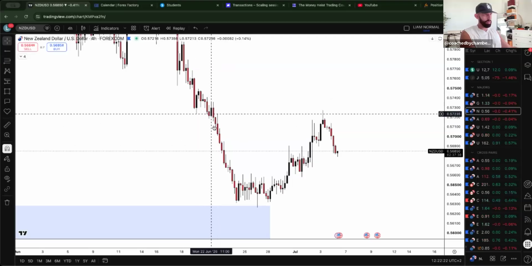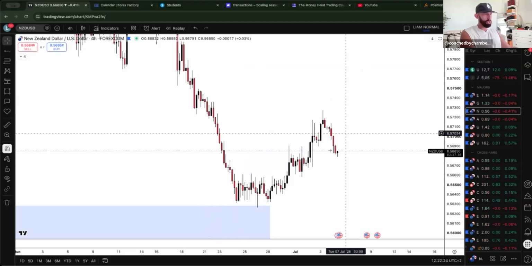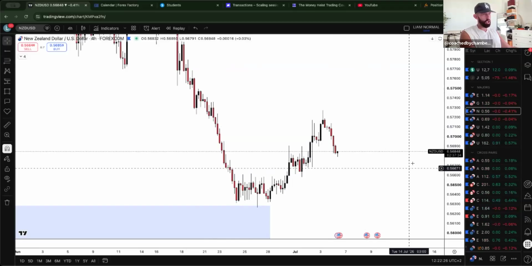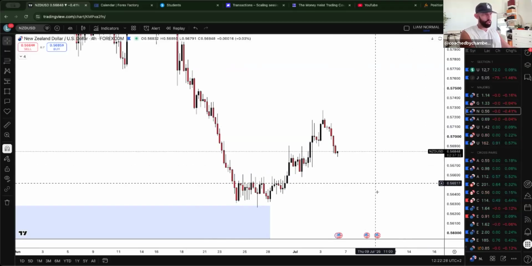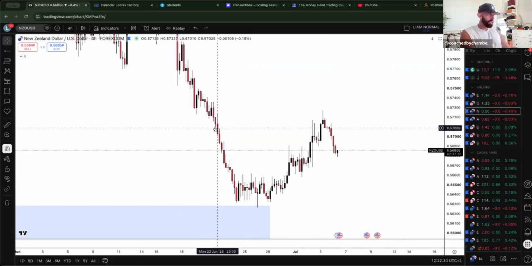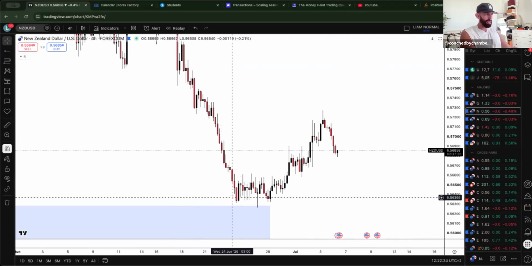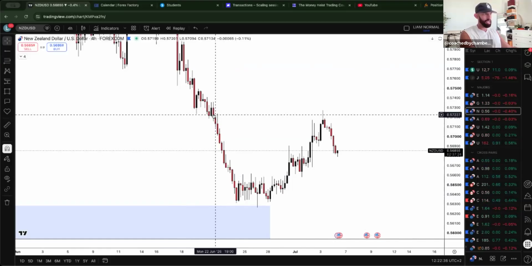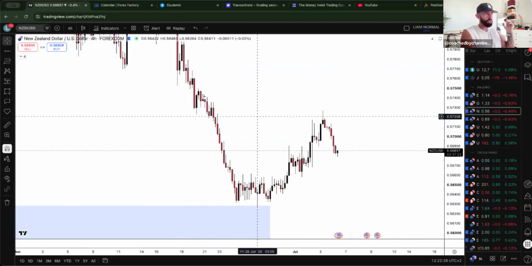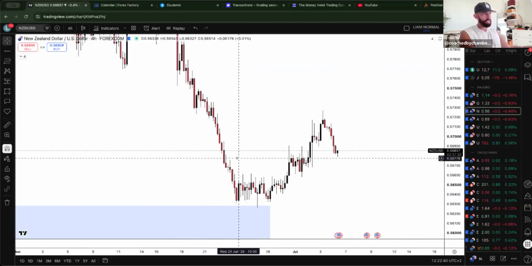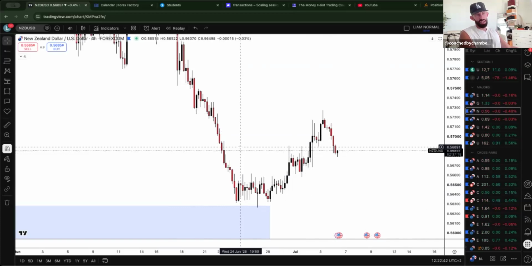I'm just going to be honest, I don't like the look of any of this for NZUSD to carry on shorting. You can notice we obviously have this last pullback before this movement down. That is valid, but this area did mitigate it. So yeah, look, I'll be honest, I don't like the look of any of this. It's all pretty corrective. Doesn't mean that we can't trade it, of course. But as long as your confirmations and your trade plan are met, then obviously take it.